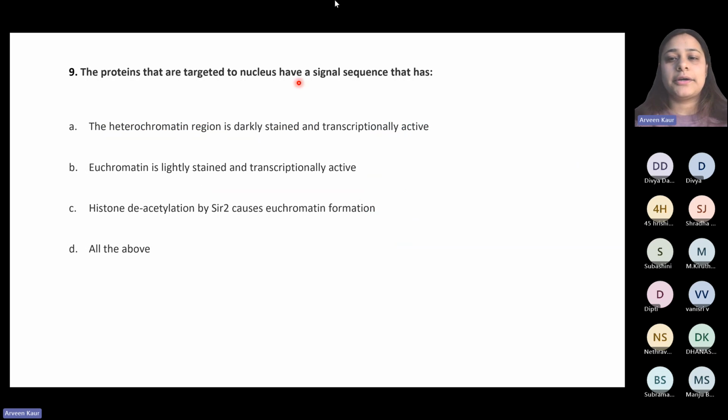So coming to question number 9, the question is: the proteins that are targeted to nucleus have a signal sequence that has the heterochromatin region is,